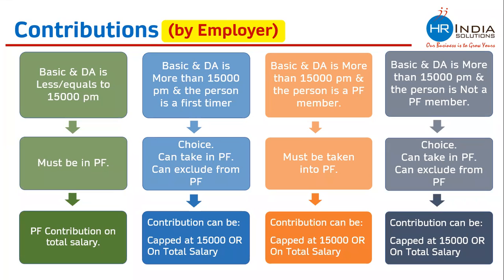Look, normally every state and every region has a regional PF commissioner, and no other authority will issue a show cause notice to you. If the labor or government notices come, that is the right authority. Any police department cannot write to you saying that you are not paying provident fund. They are not authorized to handle those cases. If the notices come, it has come from the right authority.